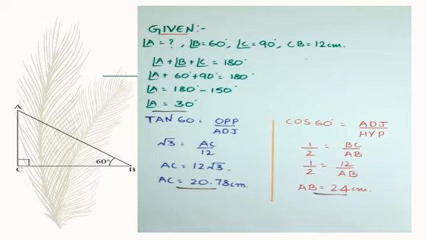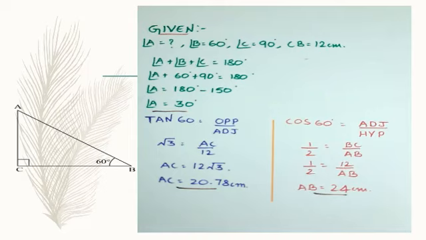So that gives rise to angle A is equal to 30 degree. So it is clear, all the three angles are known. Angle A is 30 degree, angle C is 90 degree, angle B is 60 degree. So now we have to calculate the other two sides, that is opposite side and hypotenuse side. To calculate the opposite side, take tan ratio.